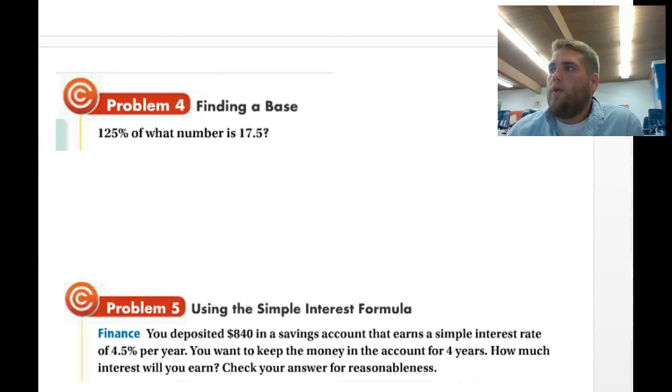Okay, problem 4. Look, we're already almost done. Problem 4, finding a base. 125% of what number is 17.5? So you guys remember, it's